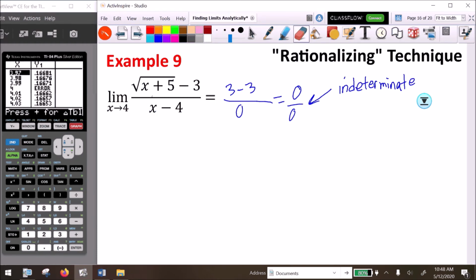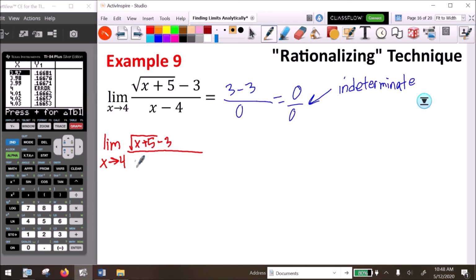We're going to use that technique of multiplying by the conjugate of the radical expression. This is what the book calls rationalizing it, and I guess they call it rationalizing because this is an irrational expression, involving a radical, and we're going to try to turn it into a rational number in the numerator. We're going to try to get rid of that radical. The way that we get rid of it